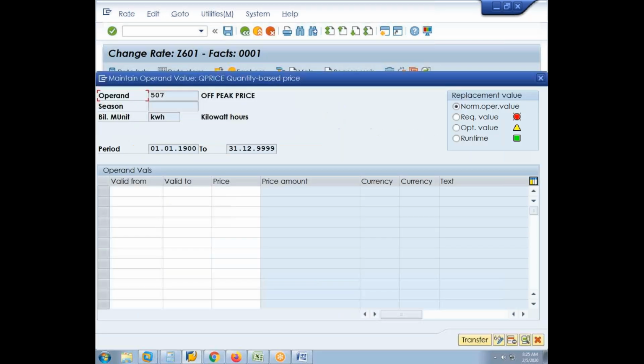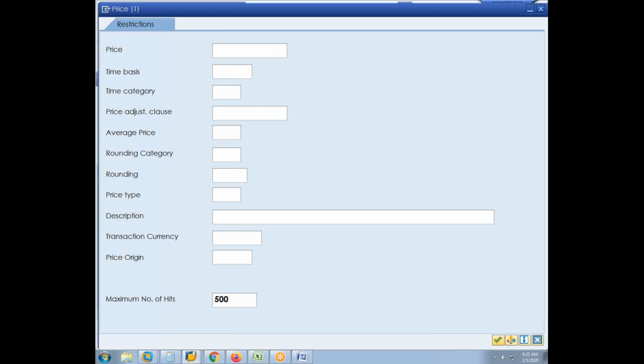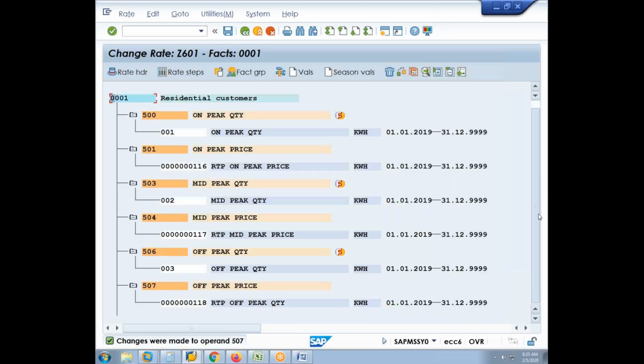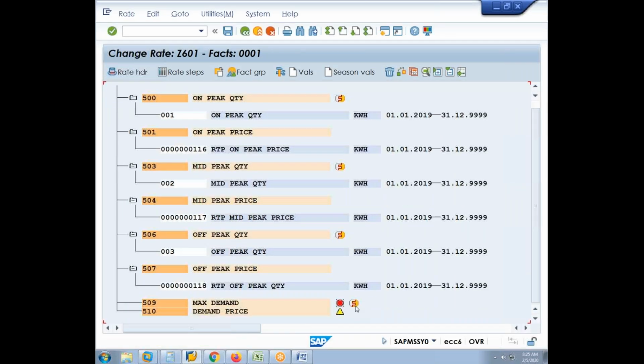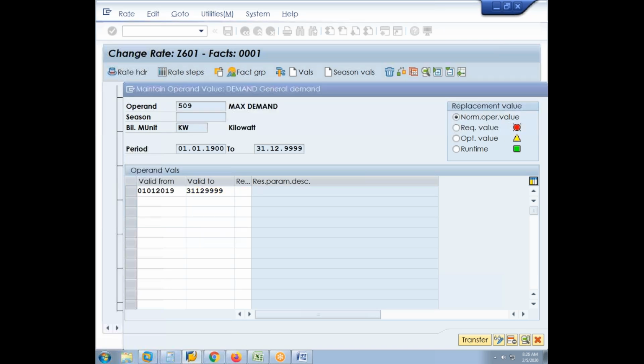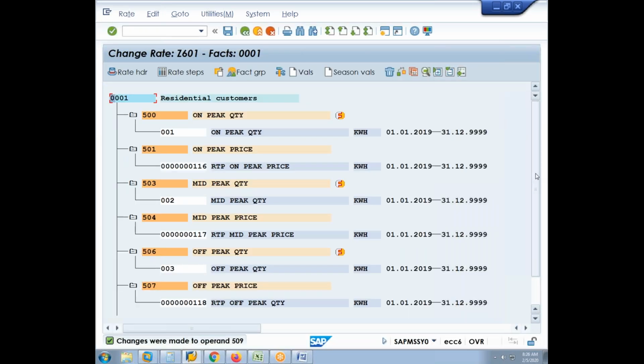and then the off peak price, 01.01.2019 till 31.12.9999. Here the price key will be 118, and then transfer. Now we connect the output of the second RTP component, that is the peak demand. 509, double click, 01.01.2019, 31.12.9999. The resulting parameter here is the 4th, max or peak demand, and then transfer, and then we will give the